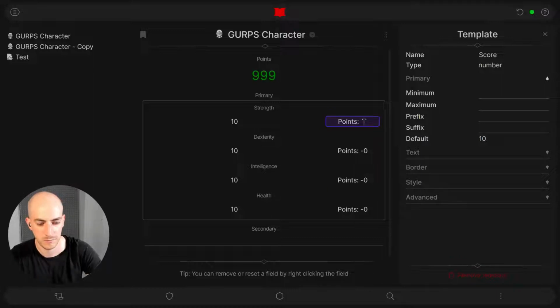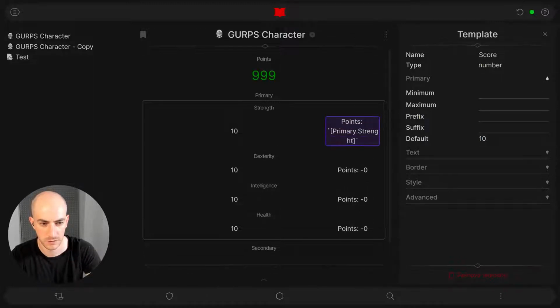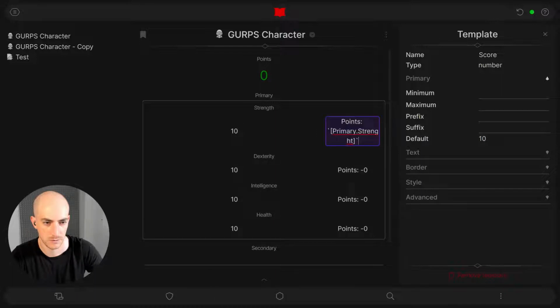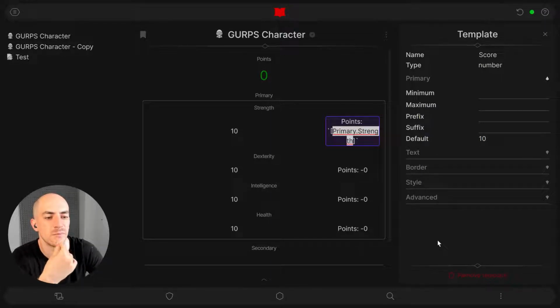And now if we go primary strength, okay, it looks like maybe this is a bug with the template, or maybe with the template creation itself, because